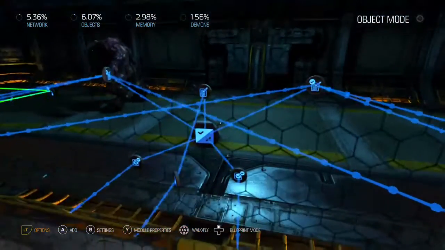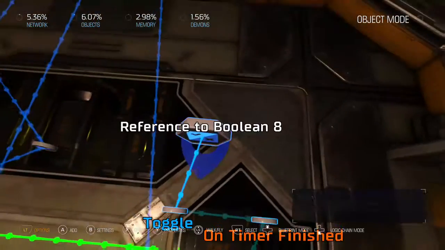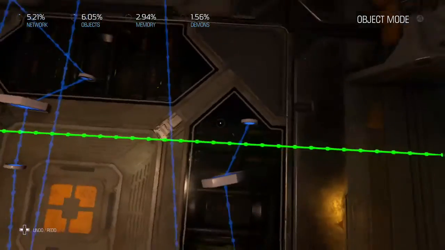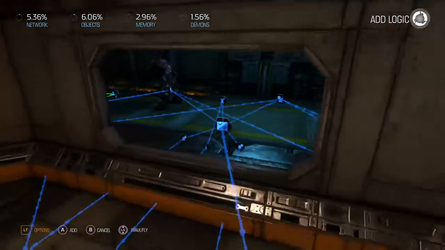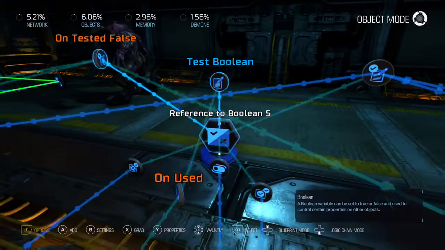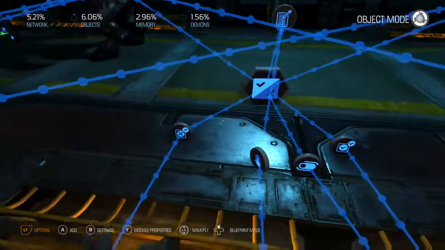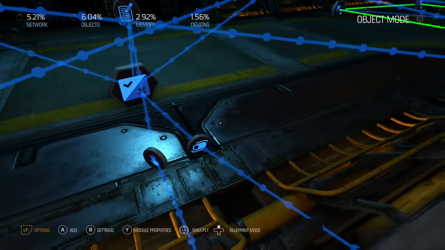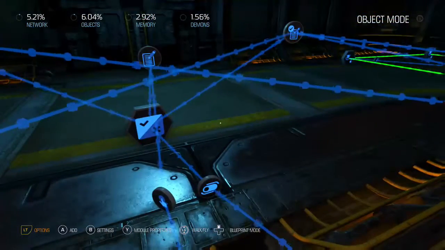Wait a minute. We've already got a boolean for that. So let's, on timer finished, toggle value. Okay, it'll make it false if it's true, it'll make it true if it's false. Now we can get rid of that and that. Okay, so we toggle that, and then